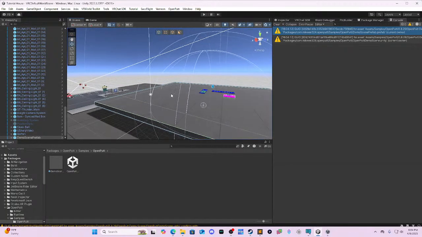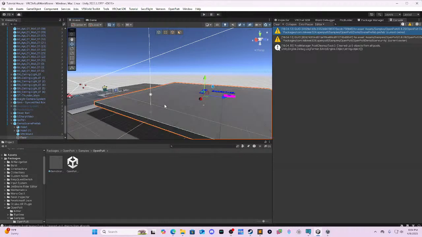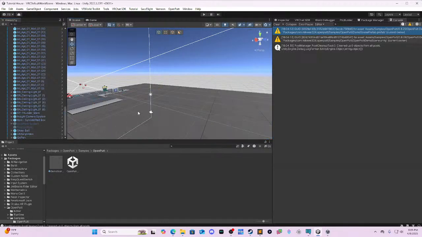So each asset pack has its own thing. Okay, I'm going to remove this just because I don't want to confuse everybody. So I'm going to remove the demo scene, the one for the mini golf,